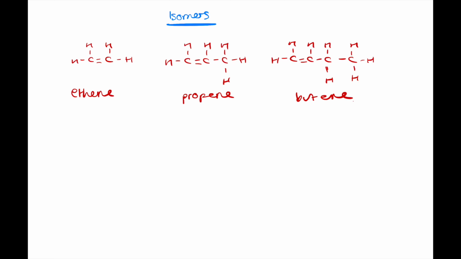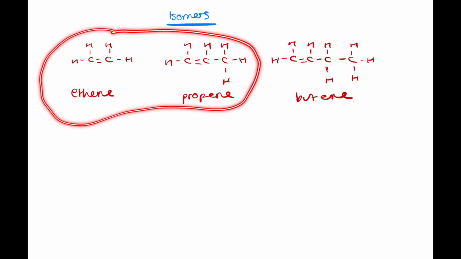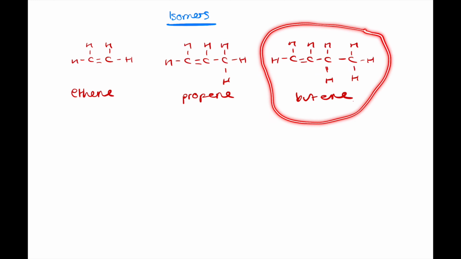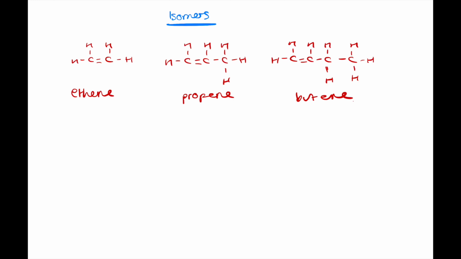Now if we look at alkenes, again, we can have structural isomers of them. Now, for the first 2 alkenes, so ethene and propene, again, there's actually not going to be any alternative structures to these as alkenes. There are alternatives that you can study at A-level, but here focusing at GCSE, there is no other structure that you can have for either of these 2. Once you start getting 4 carbons again, we can now have a different structure. Now, in this situation, we've still got the same molecular formula. So we've got C4H8